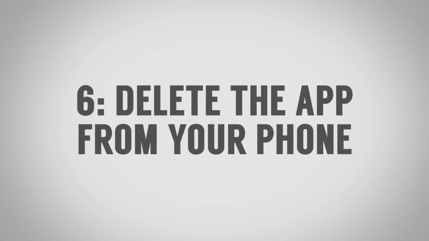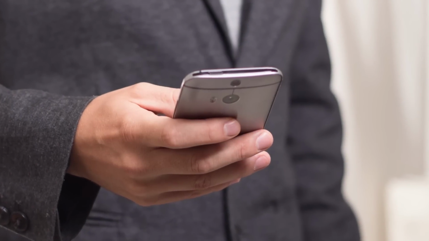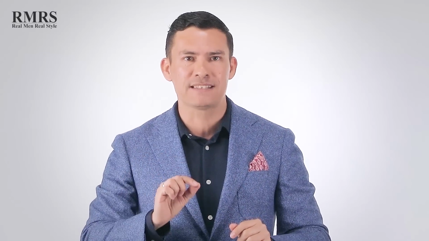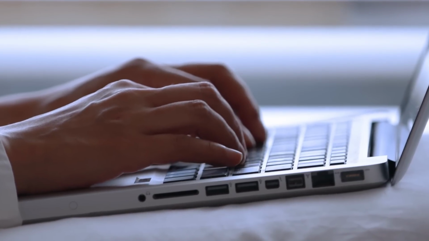Hack number 6 to spending less time on Facebook: delete the app from your phone. You take your phone everywhere. So not having the app there no longer is the temptation to check it. In fact, what's funny is when you delete the app, you're going to be checking your phone probably for the next few days saying, oh, it's gone. It's not there. Again, enough of a barrier that maybe you'll want to reinstall it. And I understand for some people in business, you want to have it there on the phone for the live broadcast. But I think most of us can get away with actually just simply checking our laptop computer, our desktop whenever we need to. And we don't need to be checking it when we're out with our kids at the park.